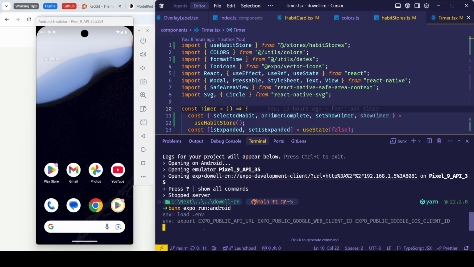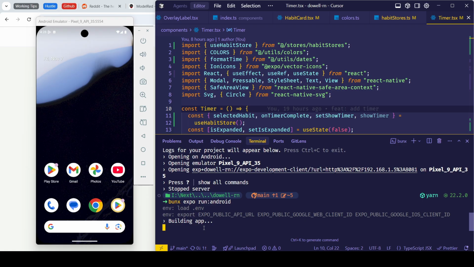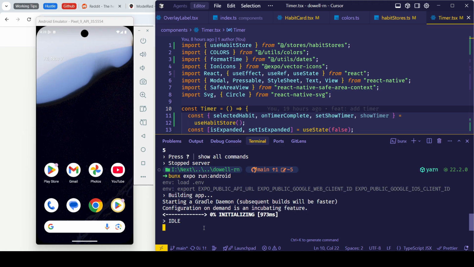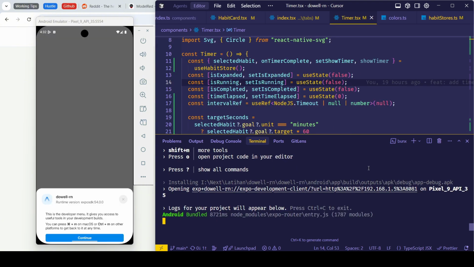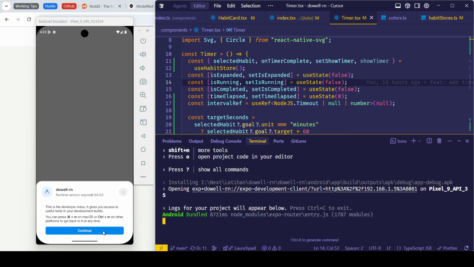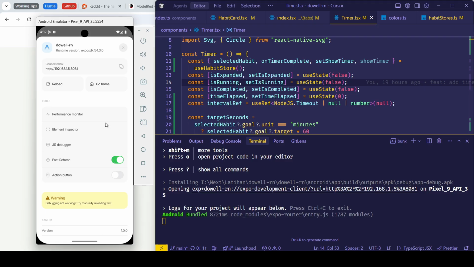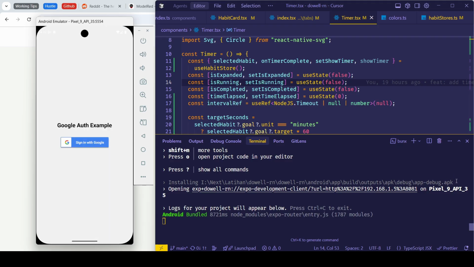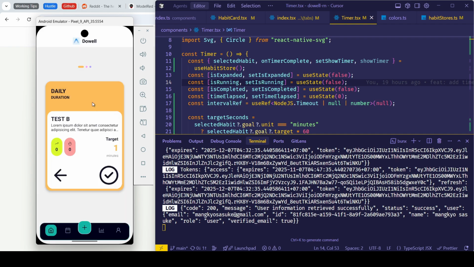It will build a new Android APK. So here we go, and we will wait for the result. Okay, here we go. This is the finish of the installation, and you can see app-debug.apk just finished, then installed on this emulator. Okay, we will see the result like this at this time.